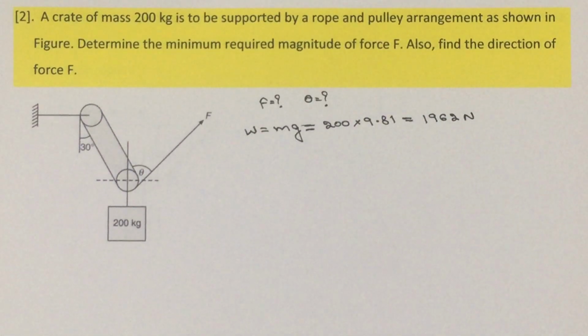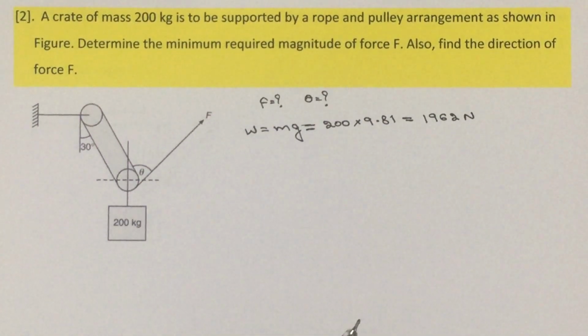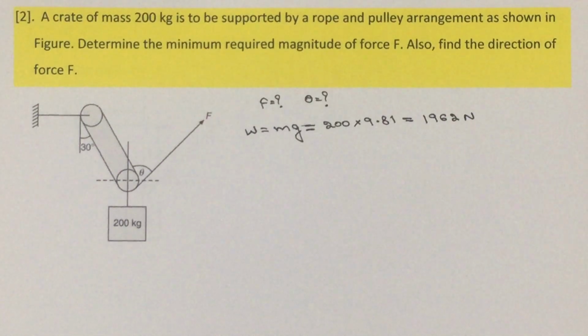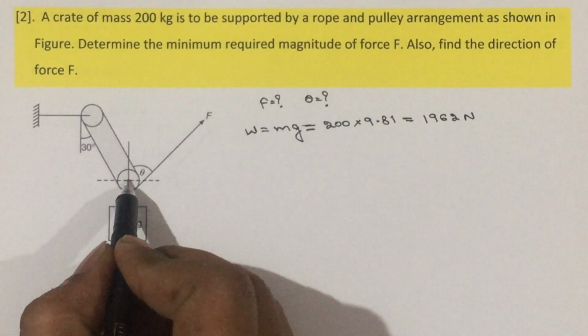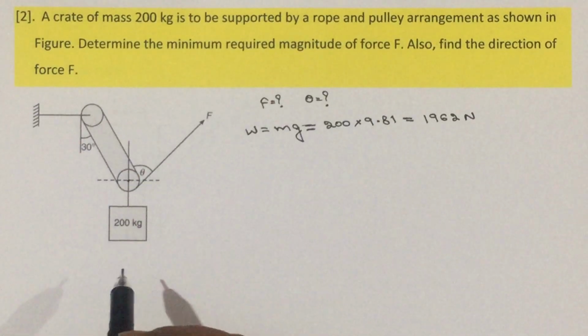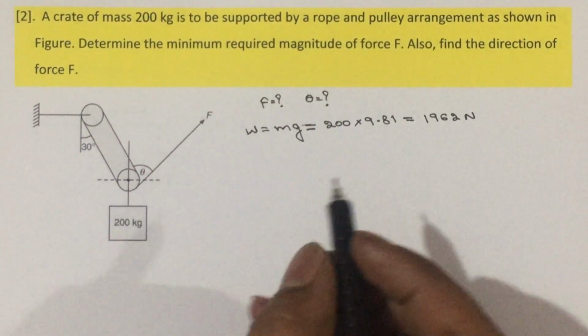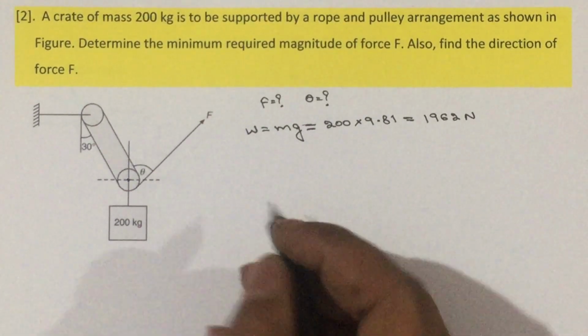Once you get that, the procedure is to write the free body diagram, then choose the method, then solve the problem. So, let us write the free body diagram, but where to write? Choose the point in such a way that more number of forces are acting. At this particular point, this F is acting, this member is acting, and the 200 kg load is acting. So, we are going to write the free body diagram at this particular point. How to write the free body diagram?